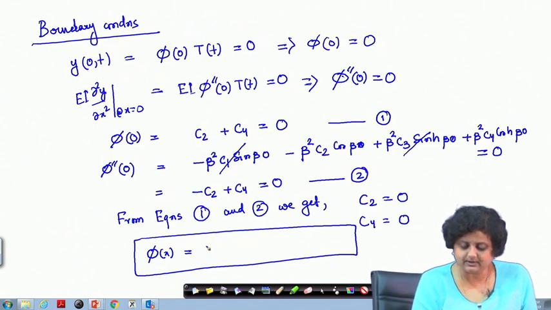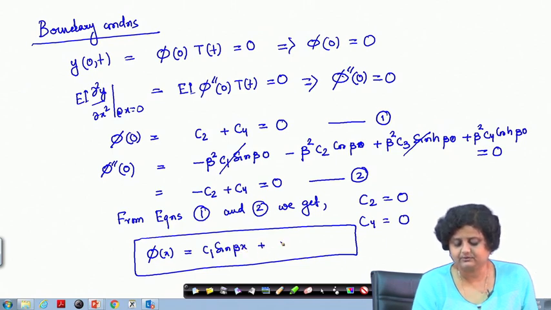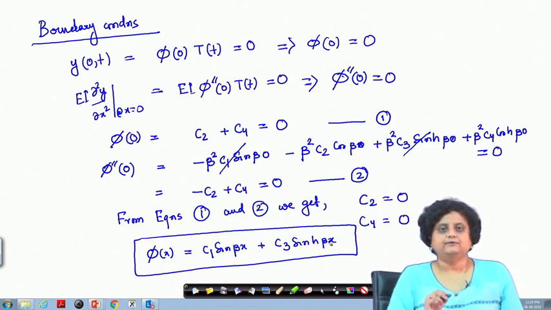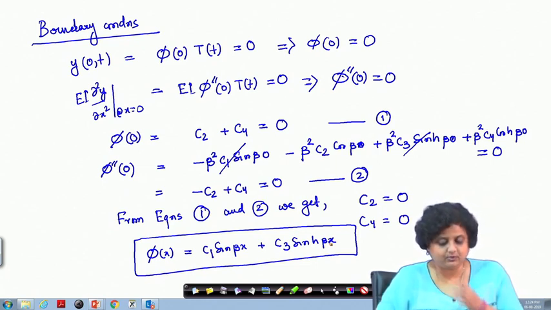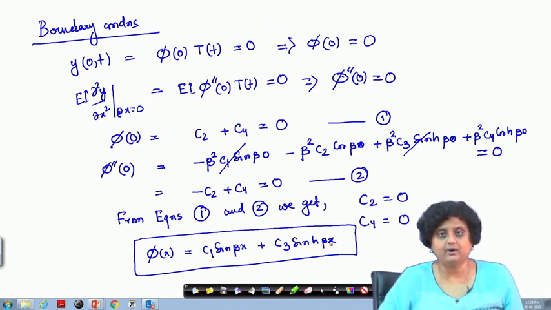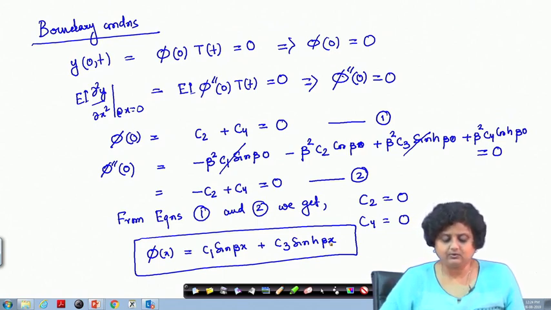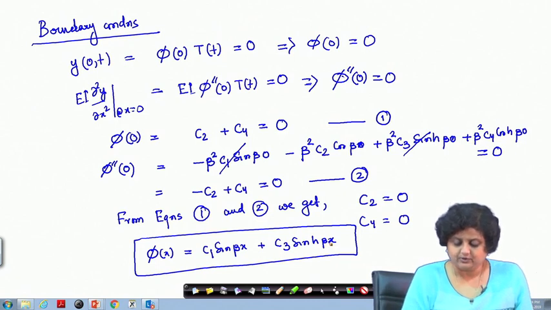So, this one is C1 sin beta x plus C3 sinh beta x. So, I have simplified the generic expression of phi x for this simply supported case. Now, what I have to do is to impose the other two boundary conditions and find out C1 and C3. So, if we do that,